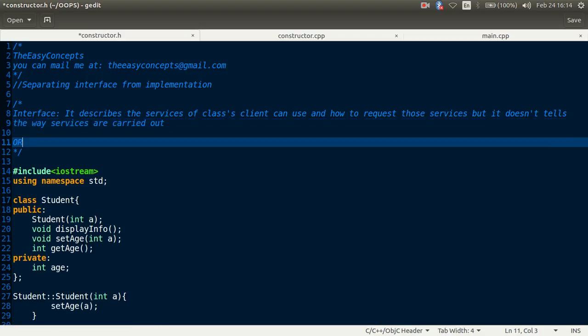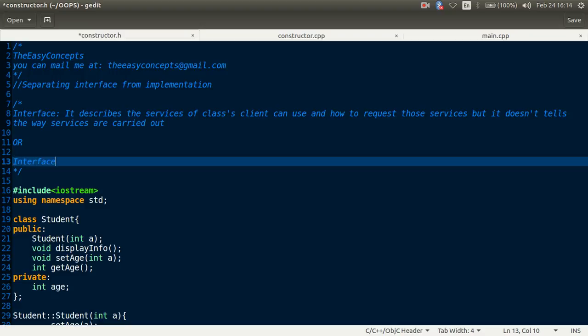You can also say that an interface specifies what operations a user should perform, but does not specify how these operations are implemented.